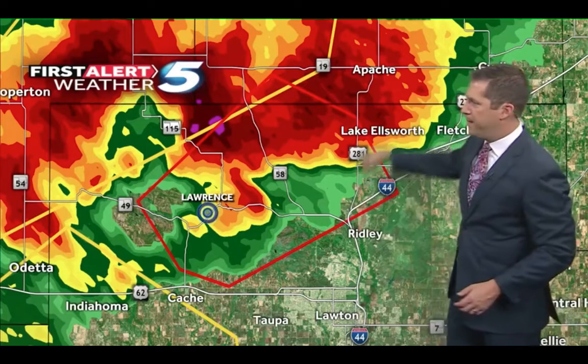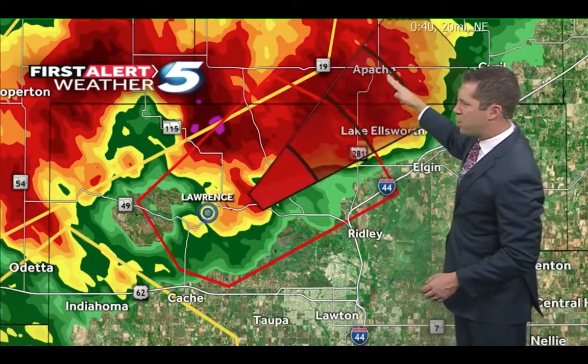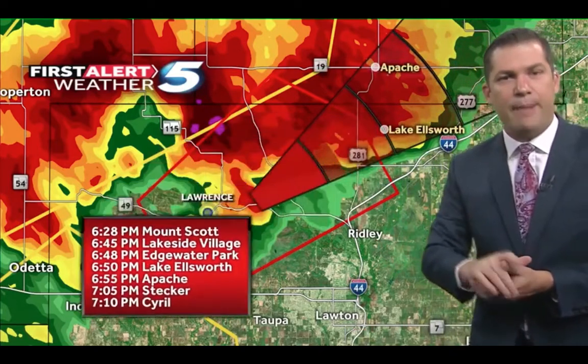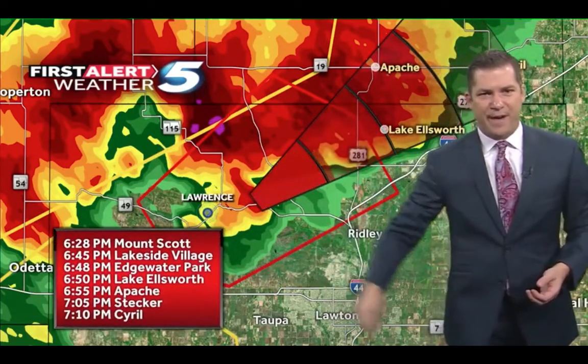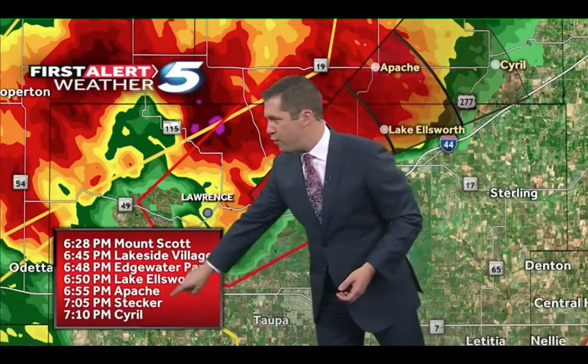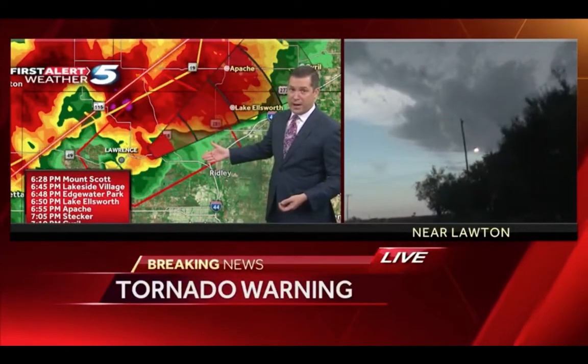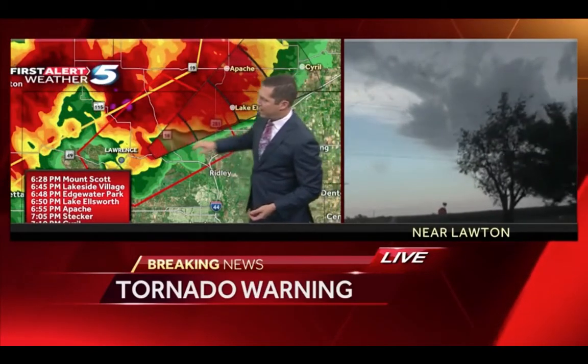Lawton is okay. If I'm living downstream outside of this tornado warning, places like Apache, you're watching this closely. Apache right now, it is 6:27. 6:55 is when the storm moves in. Stecker, 7:05. Surreal, 7:10. Every single radar scan that we get right now is going to be vital in helping